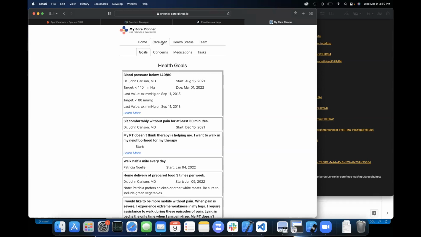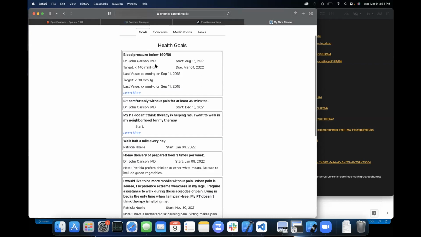So this application is reading from the same record and just exploring different user experience design on this right now. We're actually looking to hopefully add to our team someone who can focus on the user experience feedback and the presentation of this, in collaboration with working with patients and caregivers.